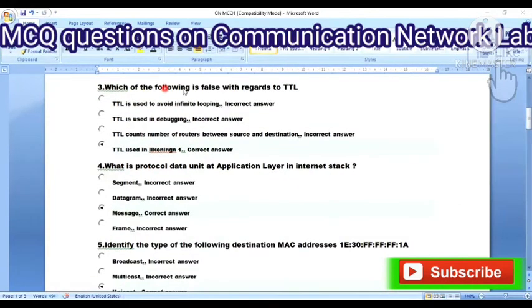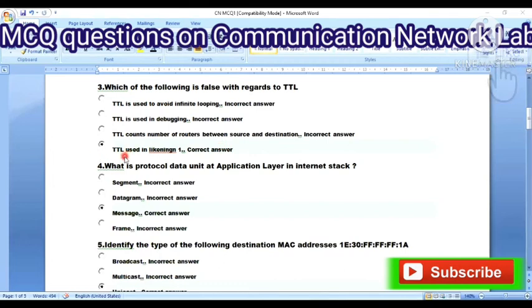Next question. Which of the following is false with regards to TTL? Option A, TTL is used to avoid infinite looping. Option B, TTL is used in debugging. Option C, TTL counts number of routers between source and destination.